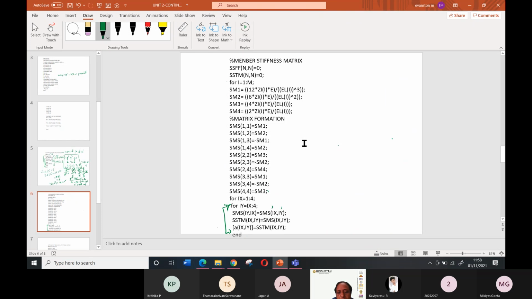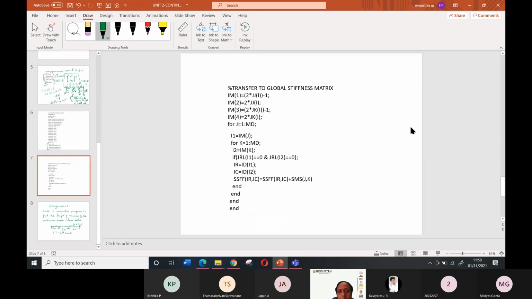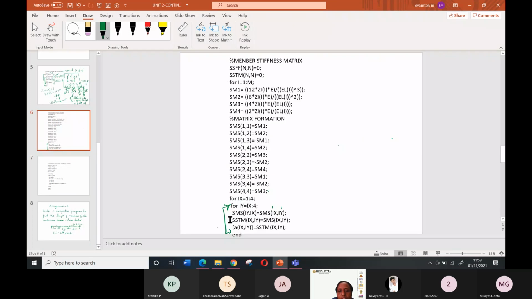Have you finished copying? Then transfer to the global stiffness matrix. So the matrix is formed here, that is, up to this step is the formulation of the individual member stiffness matrix.